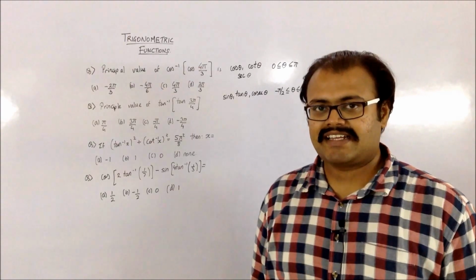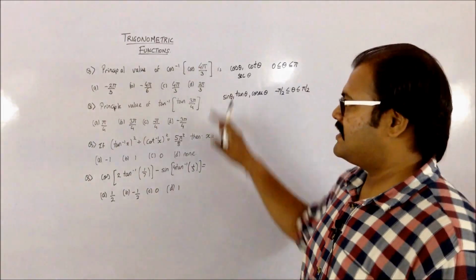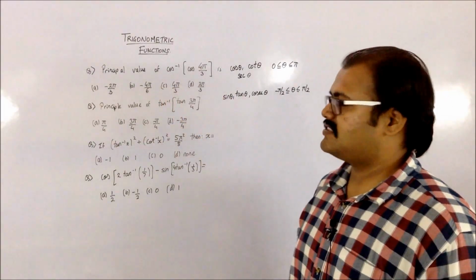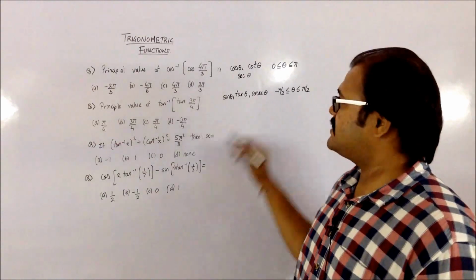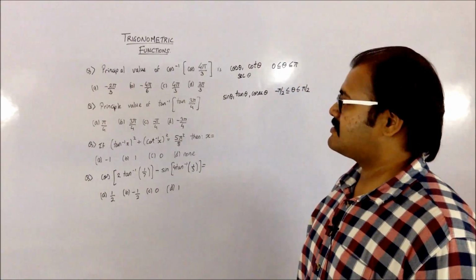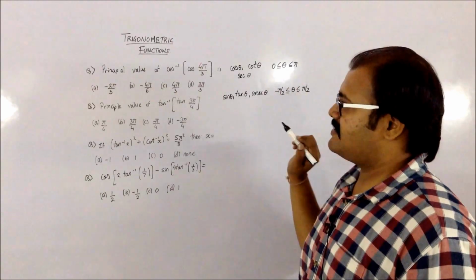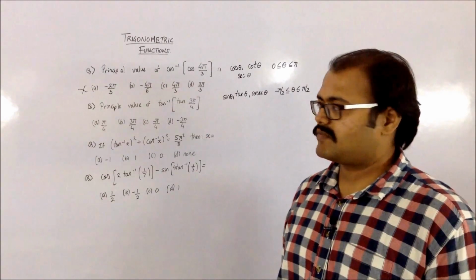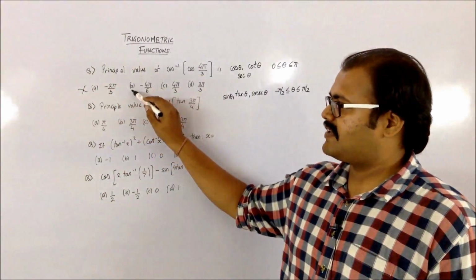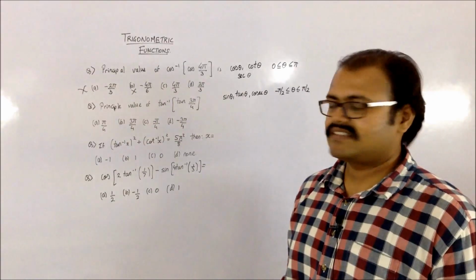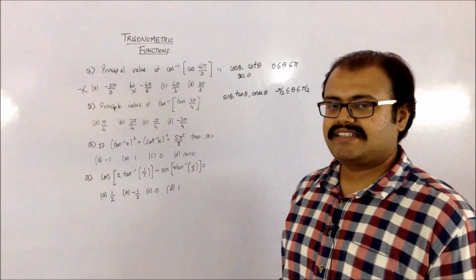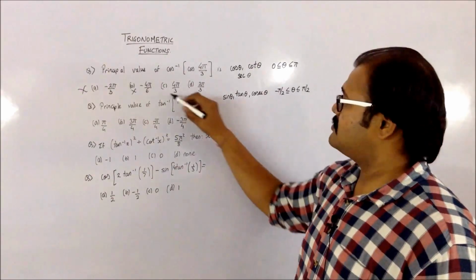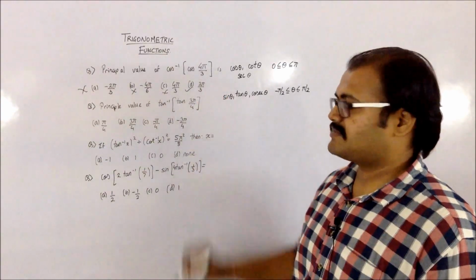So understanding the angles for the different functions, let us concentrate on the given question. For the principal value of cos inverse, my theta should lie between 0 and pi. If it has to lie between 0 and pi, obviously my A option is removed because it's not possible to have a negative principal value for cos. Also the B option is removed, and if you check 4 by 3, that's going to be 1 point something of pi, so that is also removed. So the only option remaining is my D option.